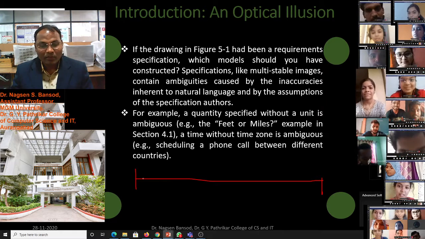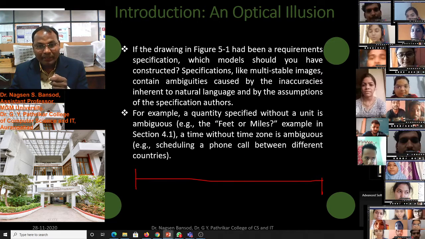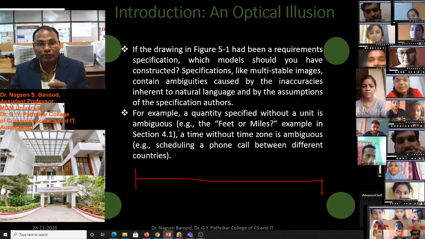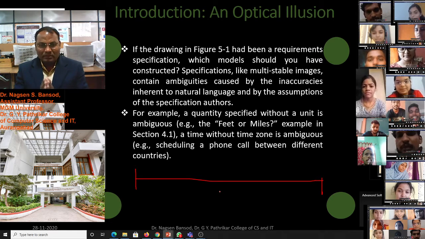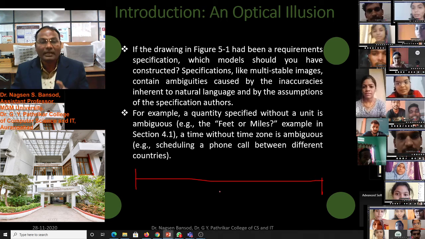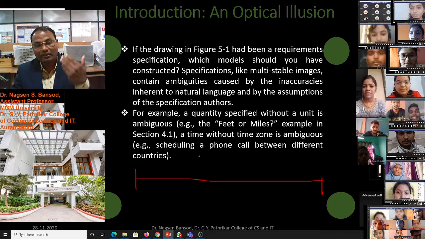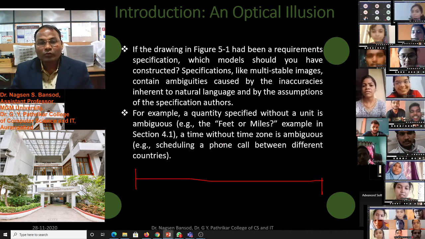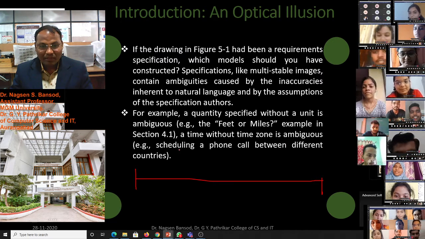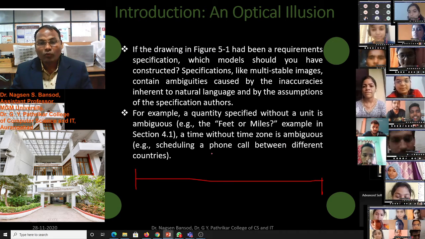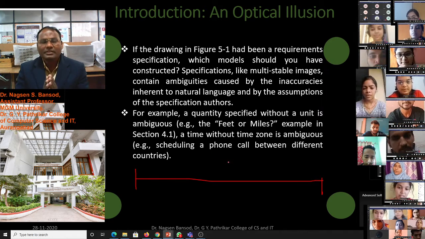Is it inch or centimeter? Like that, a quantity specified without a unit is ambiguous. We cannot make it clear. Is it inch or centimeter? Similarly, feet or miles. An example is given in a previous section. A time without a time zone is ambiguous. For example, scheduling a phone call between different countries is ambiguous.